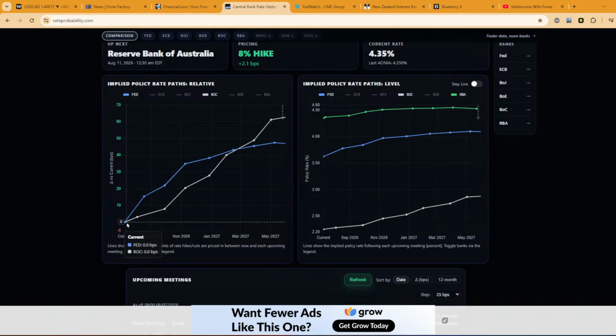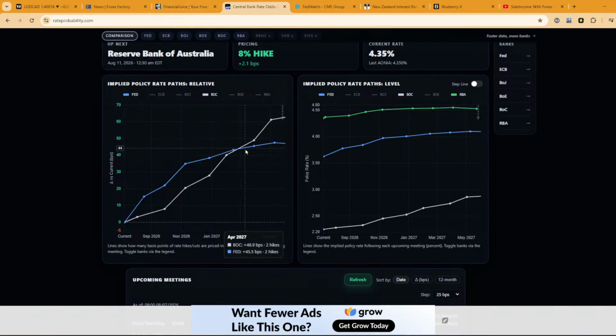So right now the projection is very low, but look at the end of 2027, or around the beginning of next year, we start to see some increase in the interest rates from the Bank of Canada. This is just a projection. Of course, this could change based on the fundamentals and the macroeconomy, but right now I will not exclude that next year we could see a rise in the interest rate.